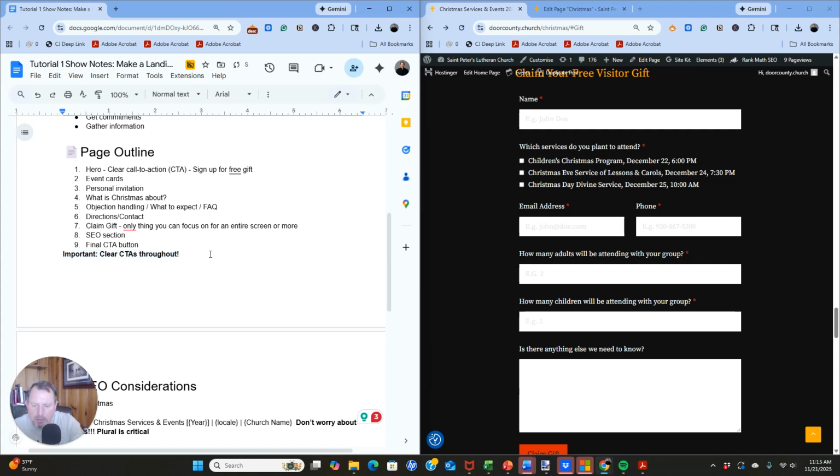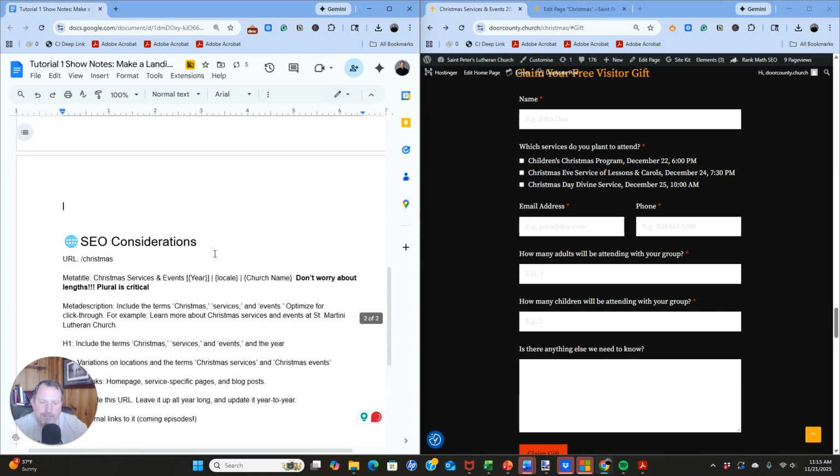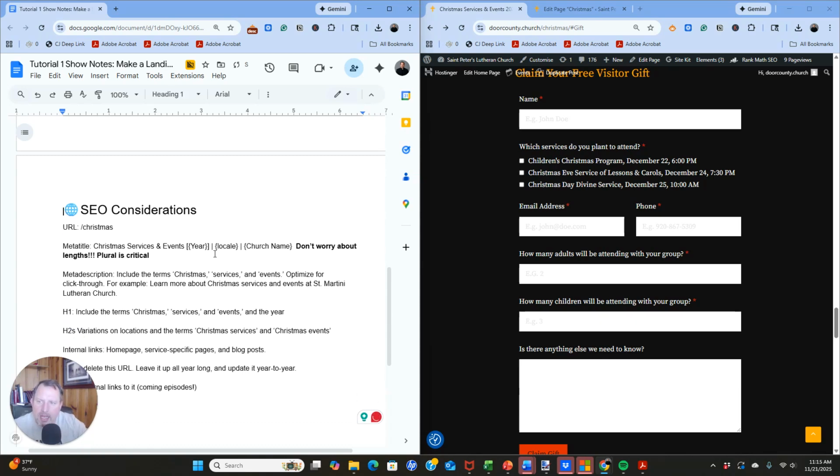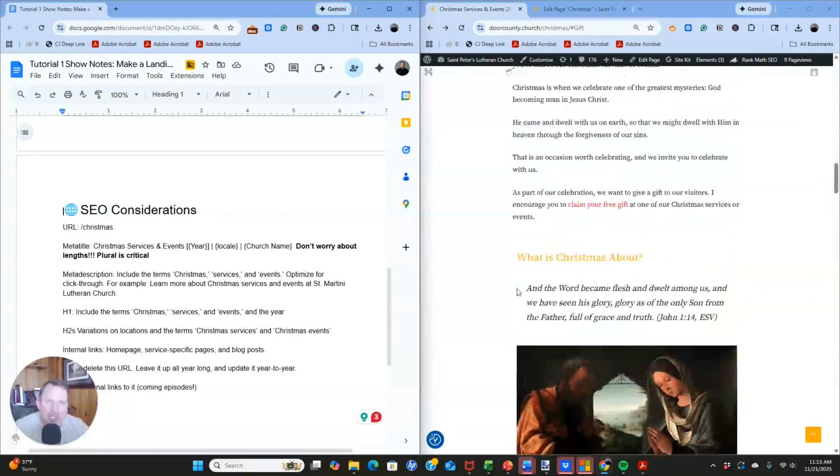throughout. And then finally, I'm going to put an example here. If you want an example of a page, go to https://doorcounty.church/Christmas. All right. Finally, let's talk about SEO considerations, search engine optimization considerations, how to make this page show up